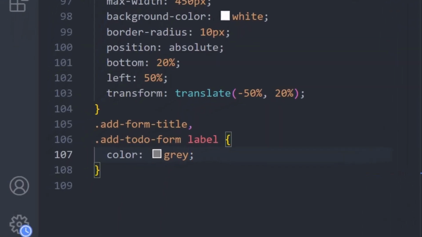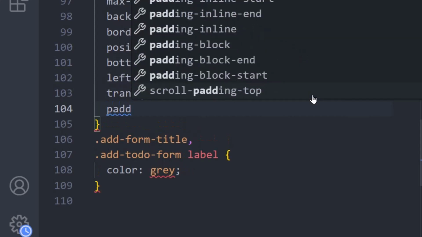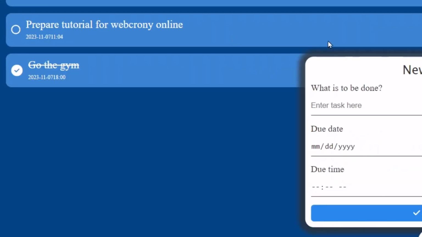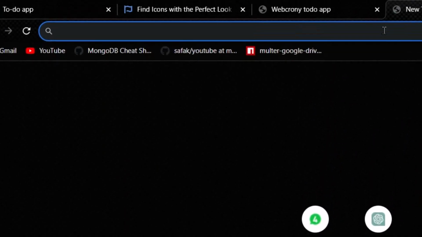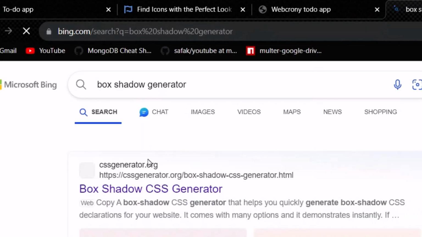Now let's go ahead and style the add to do form. There is something more to be done. For example, I have to set the padding to 10 pixels, and then I have to deal with the box shadow. Okay, as you can see here, we have some box shadow. So to get a box shadow, I will head over to box shadow generator like this, and it is the first link that will come. So I'll click on it like this,